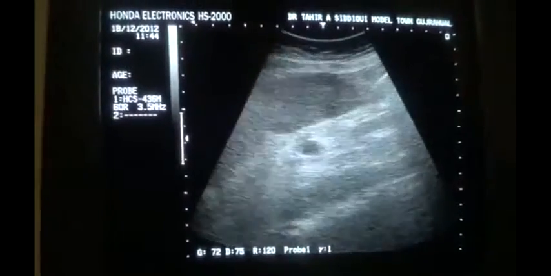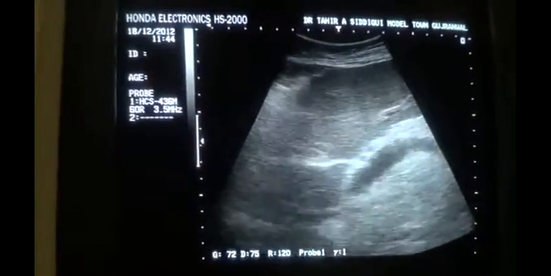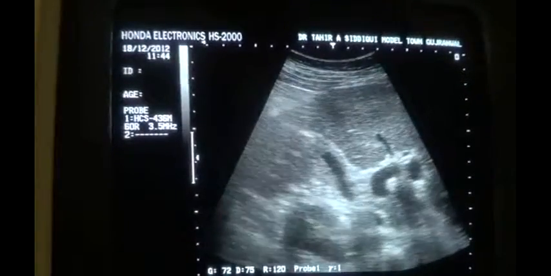See that the outer surface is irregular, and that the liver is seen below the costal margin. Here, I am just below the costal margin at the lower end,